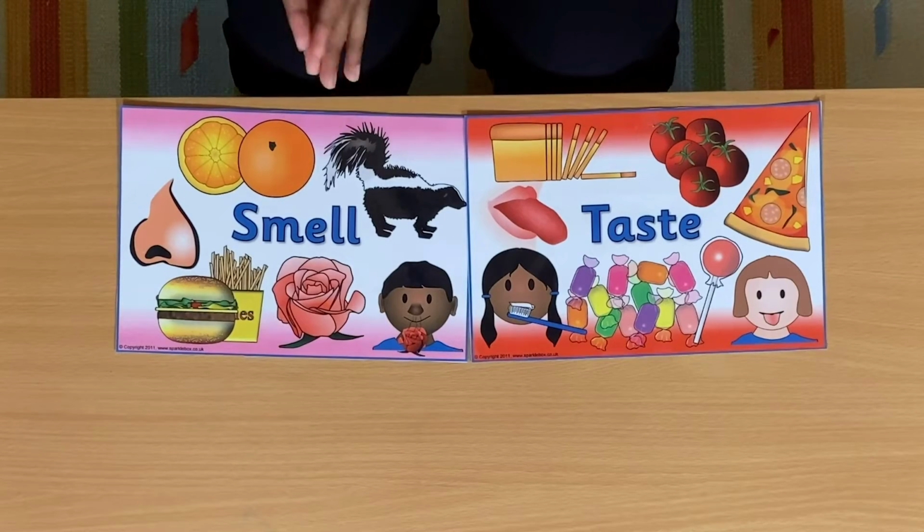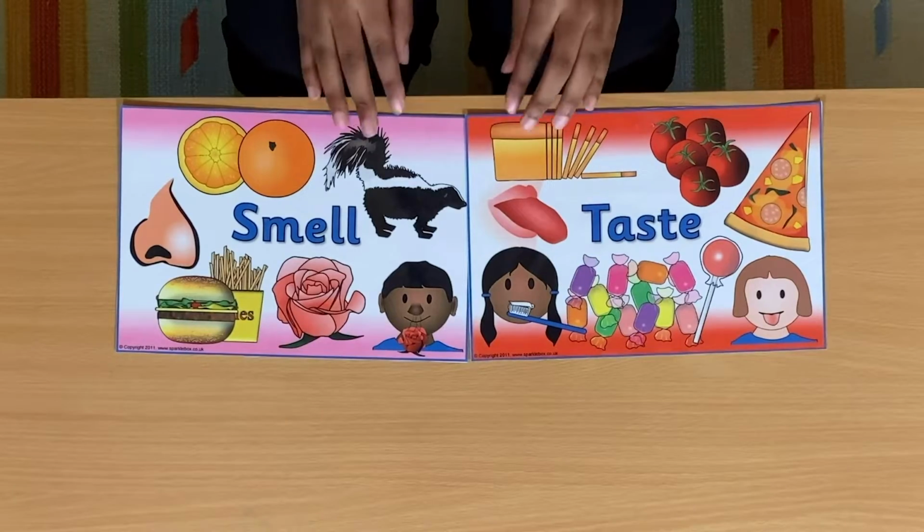So, smelling and tasting go together because actually your nose and your tongue meet at the back of your throat. That's why sometimes when you smell something, it's almost like you can taste it because they work together. Have you ever had a cold and your nose was super stuffy and your food just didn't taste the same? It's because often the smell of something helps us figure out what it tastes like. That's also why a lot of the words we use for how something smells are the same words we use to say what something tastes like.